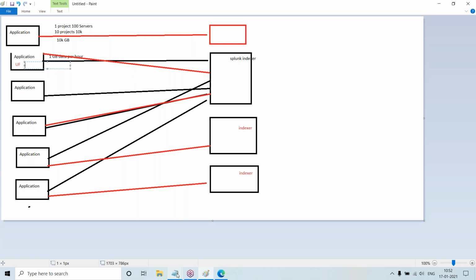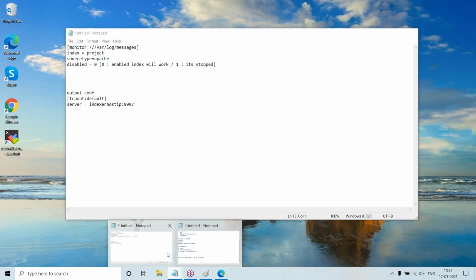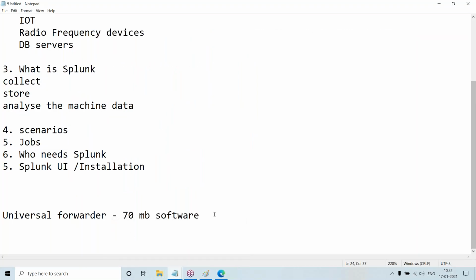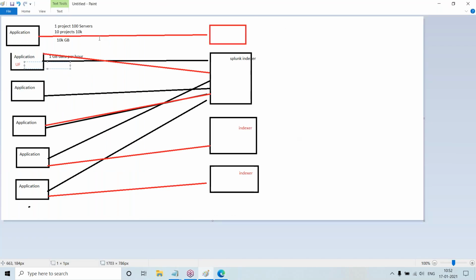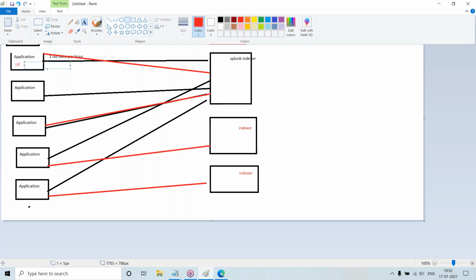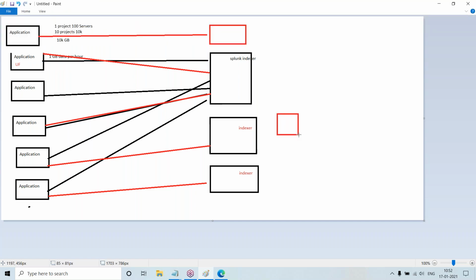Okay, next one: there will be something like a heavy forwarder. Now, this is my source application and this is my indexer.